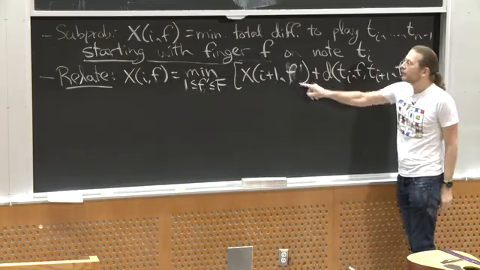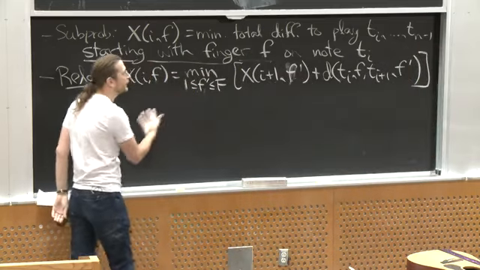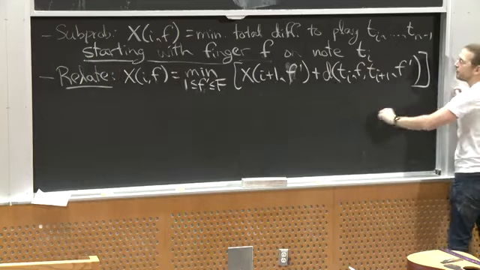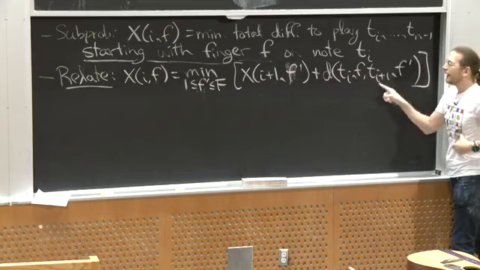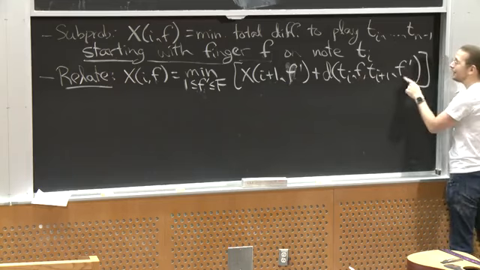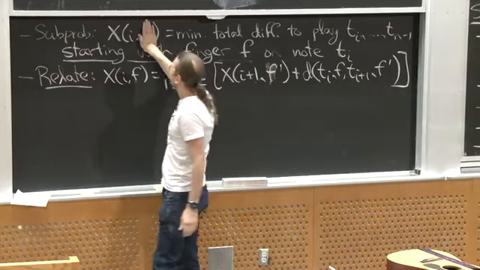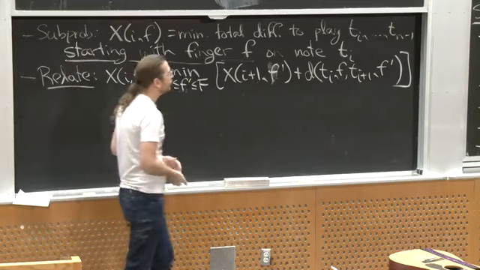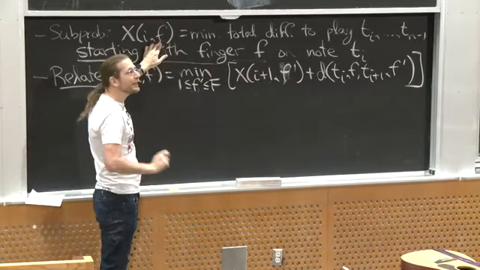Now, why did we need to know what these fingers were? Why not just guess what the first finger is? Well, it has to do with this difficulty function. For this difficulty function, I know that I want to measure the difficulty from t_i to t_i plus 1. And to do that, because this function is parameterized by 4 things, I need to know both the finger for t_i and at the same time the finger for t_i plus 1. If I remove this f, I could add a min over 1 finger, but I can't really add a min over 2 fingers. So what this does, by parameterizing by f here and writing down the optimal for each starting